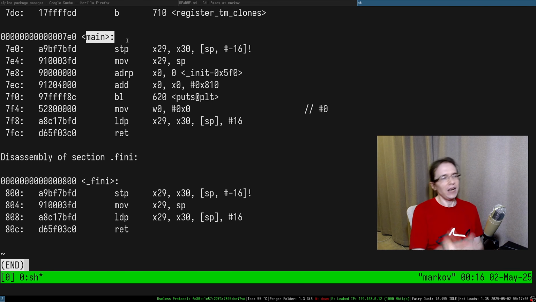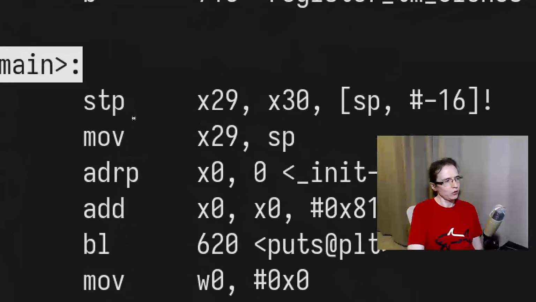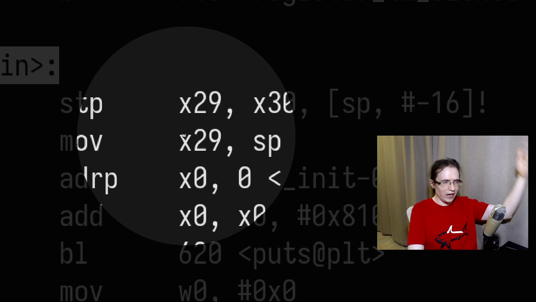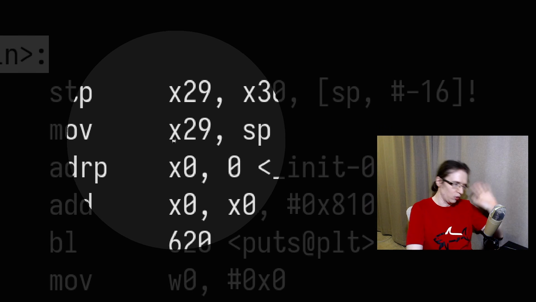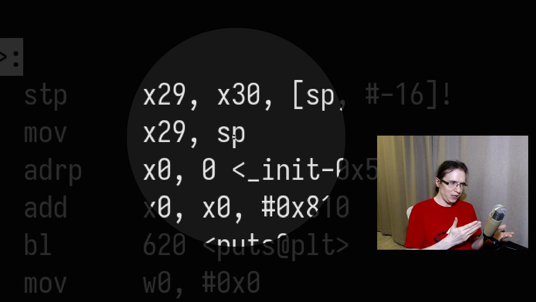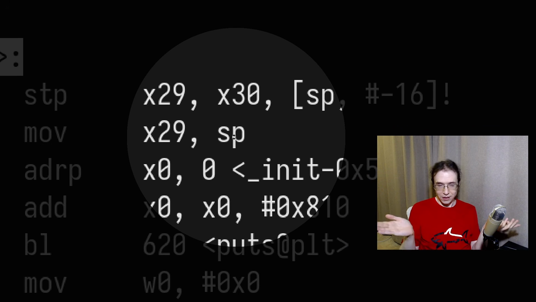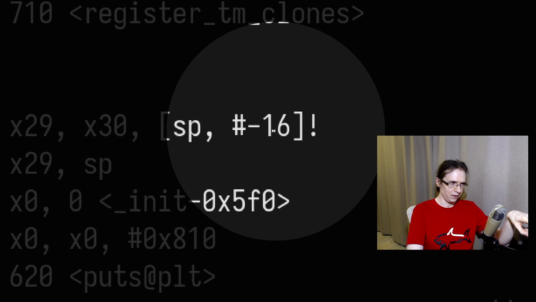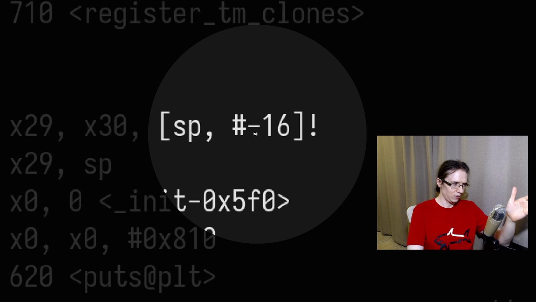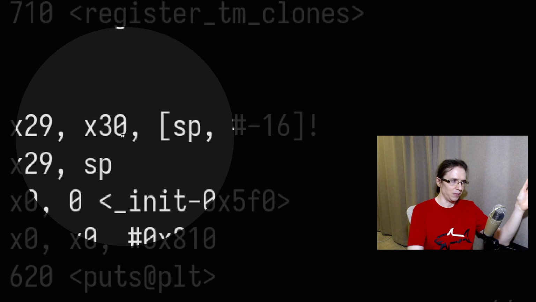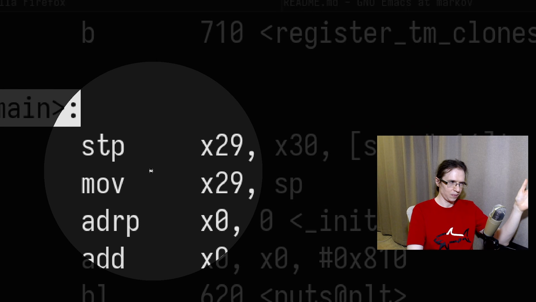Okay, but I don't know what STP is. So this one is interesting. I suppose registers are just like X's, right? So you have X0, X1, X2, and they're general purpose registers. Okay, that's understandable. There's also SP, and I suspect that SP is a stack pointer. That makes sense, right? Because in x86-64 there is RSP. What's interesting is that you also do this thing. You're probably subtracting 16 bytes from SP, effectively allocating some memory. And this is probably what it does.